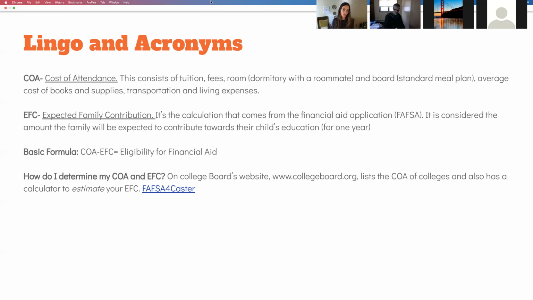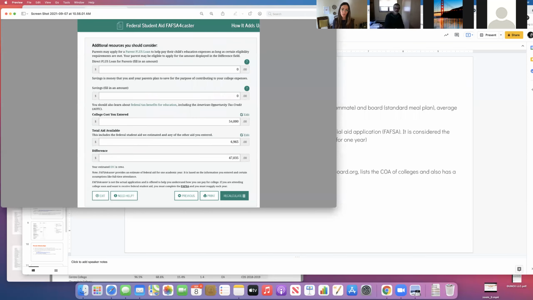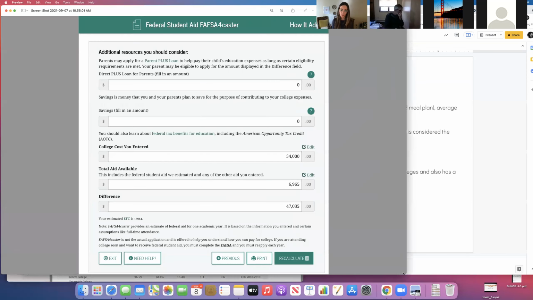So let me just show you this screenshot here. And ping me if you can't see or hear me at any point during the presentation, by the way. So I did a FAFSA forecaster yesterday, just based on a middle income family, family size of 3. I put household income at like 95,000, very little assets, a little bit of savings, and a small 529 plan for the student's college savings fund. And so we get these figures here that look a little alarming.